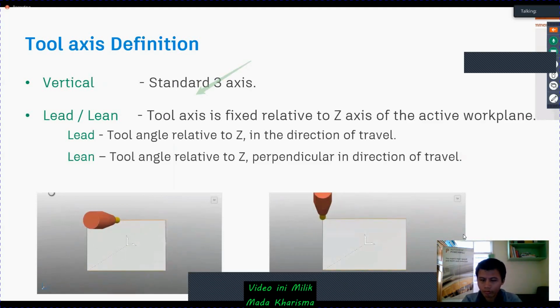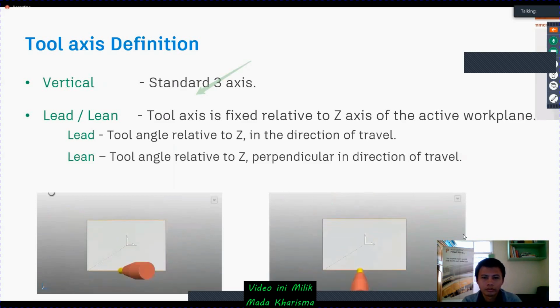But if you look at the tool axis, it tilts to either side of the flow in the lean, and it follows the flow direction in the lead. So that is the main concept. Let's move to one of the examples.